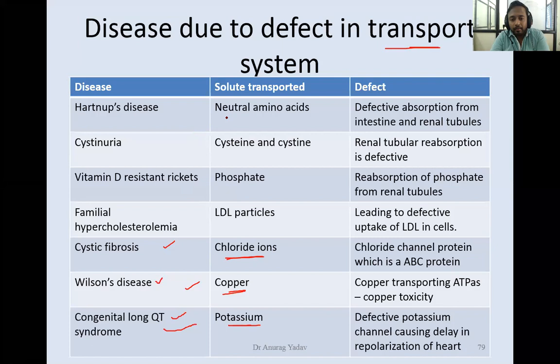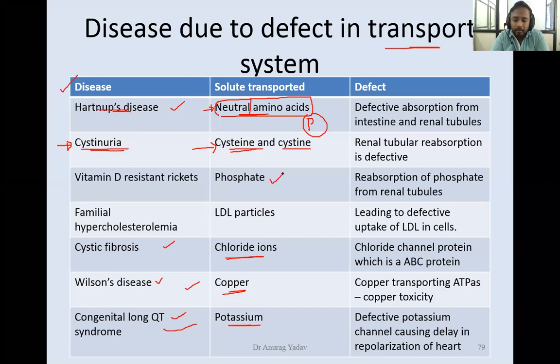And there are some other channels also, like for example, absorption of the amino acids. If the defect is in absorption of amino acids, then again a disorder called Hartnup's disease is there. Other types of amino acids like cystine and cysteine. These specific amino acids you will be learning in the next chapter on amino acids. But to mention here, if any specific protein or channel is defective, there are diseases associated with it. In neutral amino acid defects you have Hartnup's disease, and specific amino acids like cystine are excreted in the urine.